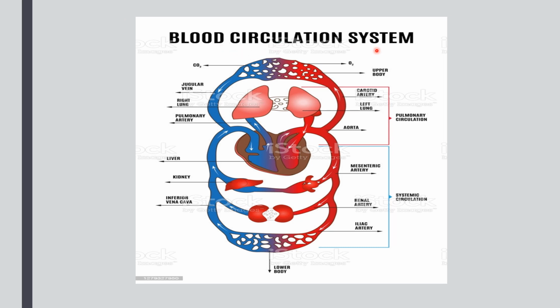The circulatory system in human beings consists of a heart, the red colored tube-like structures called the arteries, the blue colored tube-like structures called the veins, and this network of blood vessels that you can see in our body are the capillaries. So the blood circulatory system consists of heart, arteries, veins and capillaries.